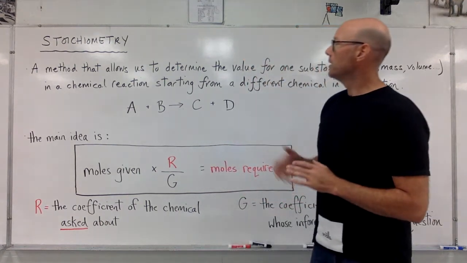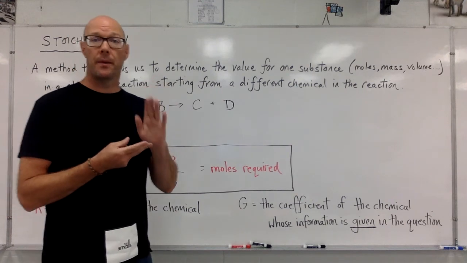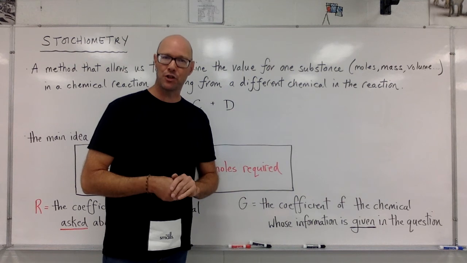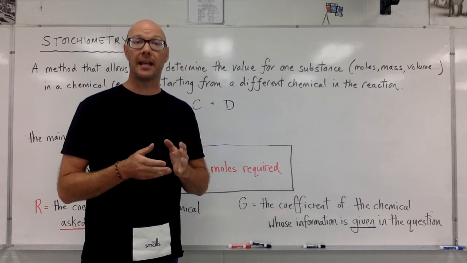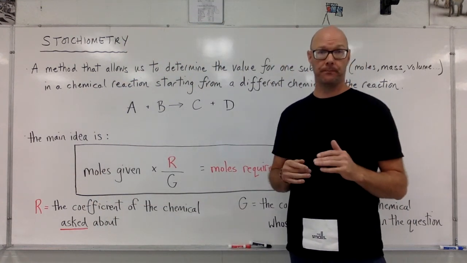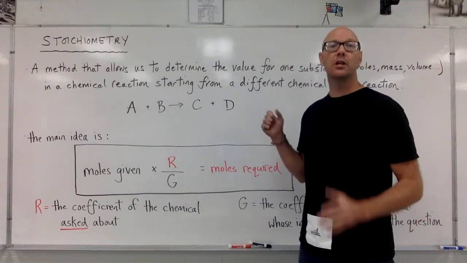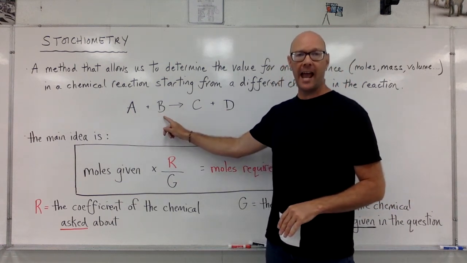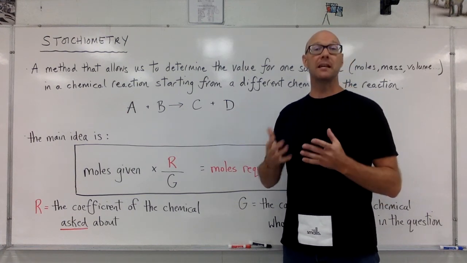It's a method that allows us to determine the value for one substance. It might be the moles, the mass, the volume, the concentration, the pressure, the temperature. It allows us to determine something about one substance in a chemical reaction, starting from a different chemical in the reaction. Or just to say that in a different way, if I have a chemical reaction balanced, if I know something about one chemical, I can answer questions about other chemicals, depending on what's given to me and what's being